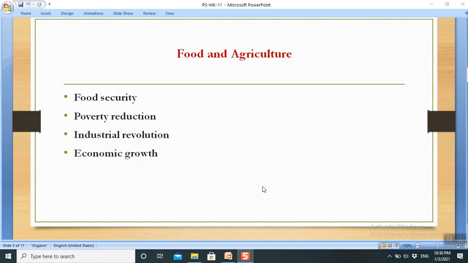Dear students, agriculture plays a very vital role in food security, poverty reduction, industrial revolution, and the economic growth of Pakistan. Well, how does agriculture achieve all these ends? Let's see, for example, primarily food items in Pakistan include number one, wheat and the byproducts of the wheat, and next we have, for example, livestock. Clear? We use the meat and the proteins from the livestock, being cows, goats, sheep, camels, buffaloes,